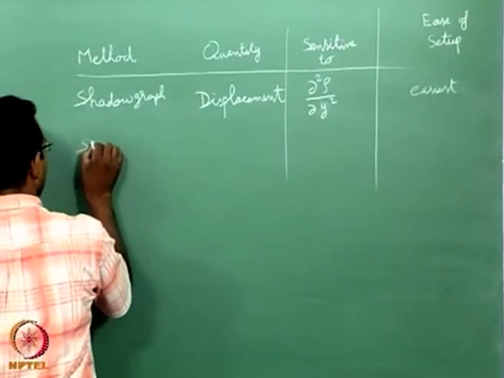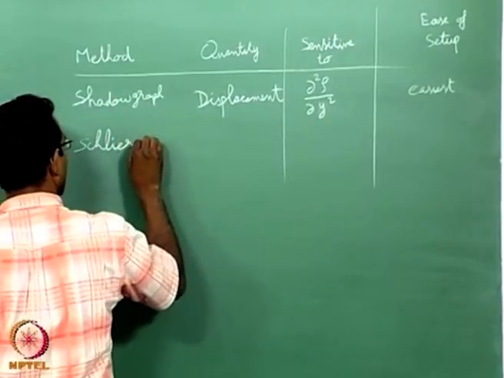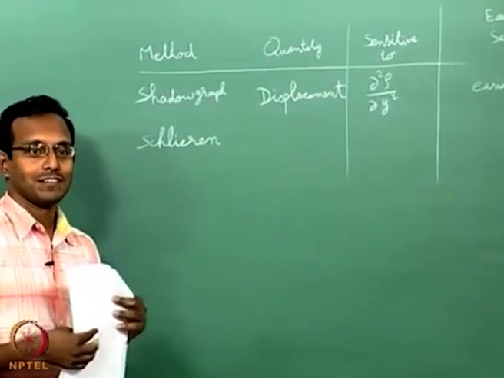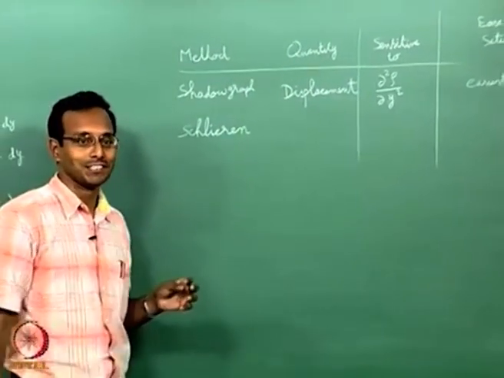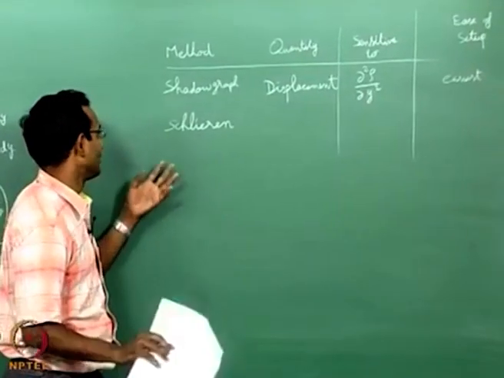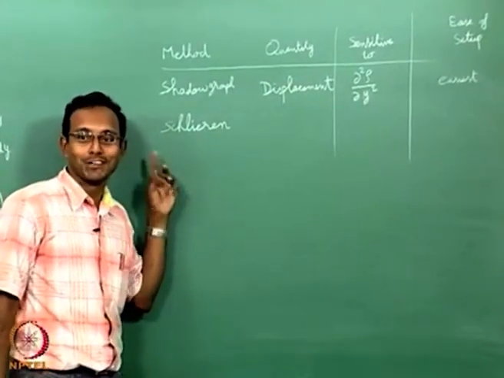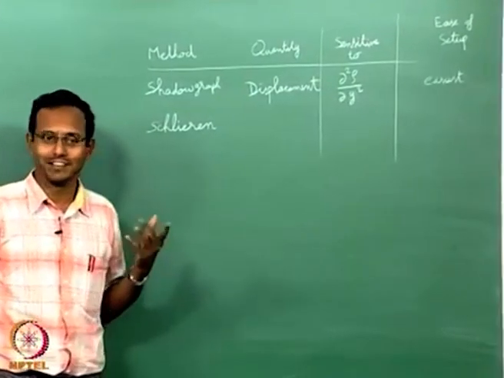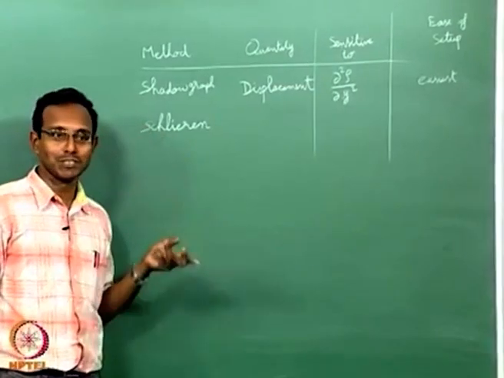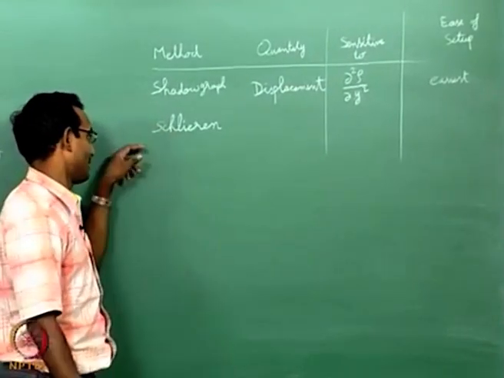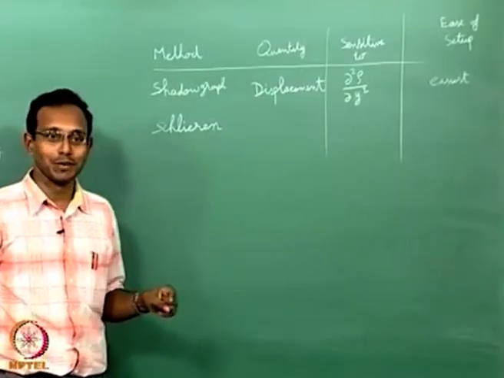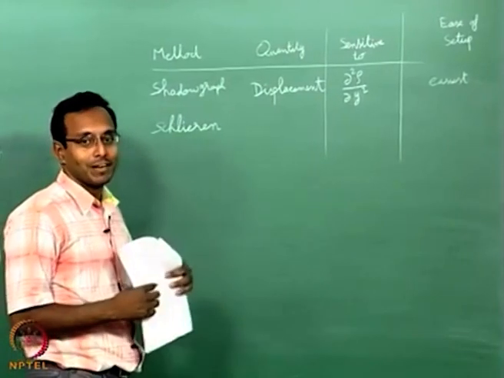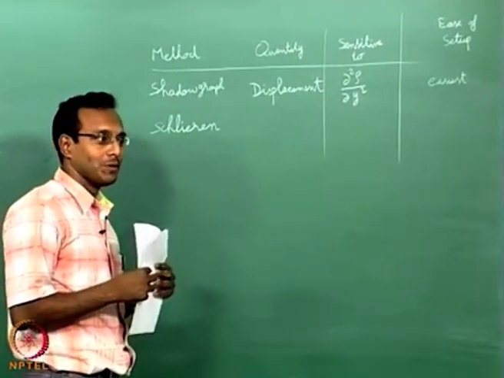Next one, Schlieren. There is a confusion about whether Schlieren is the name of a person or just a general word, and whether it should be capitalized or not. I saw a paper, not very recent, I just found it recently, which said that Schlieren is supposed to be somebody's name, and it should be capitalized. I still have the paper on my computer. It says that it is actually a name, but it so happens that Schlieren came to be used as meaning